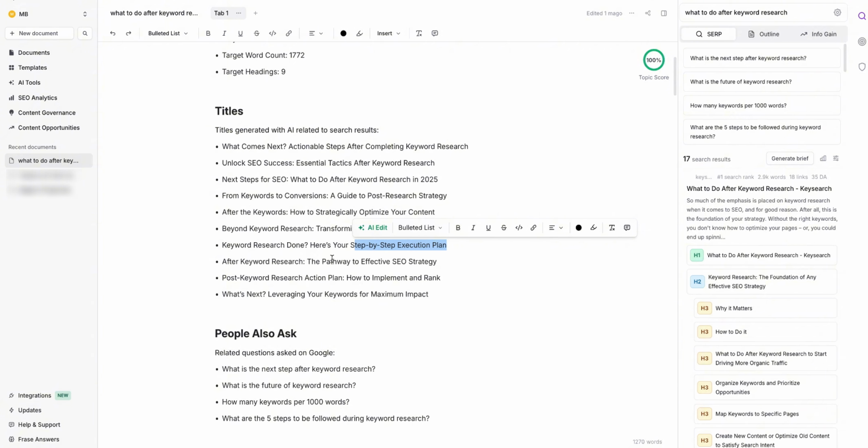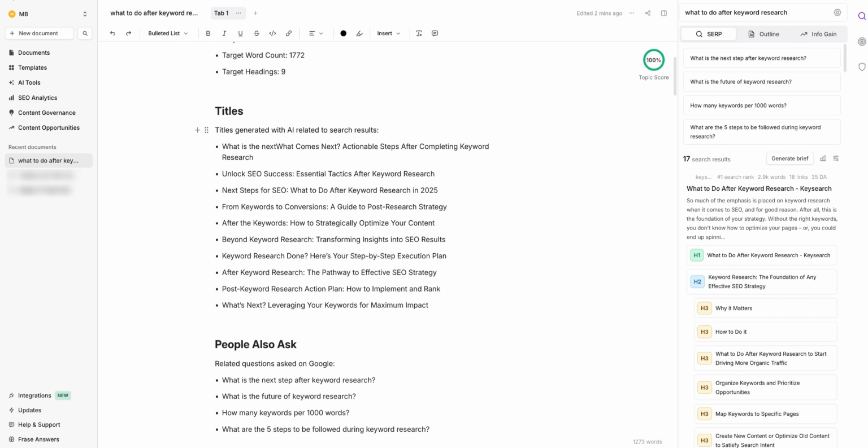You have the pathway to effective SEO strategy, action plan, right? It's also a good one. How to implement and rank. That's a good one. And delivering keywords for maximum impact, also a good one. In this case, I would just do what is the next step after keyword research, and then